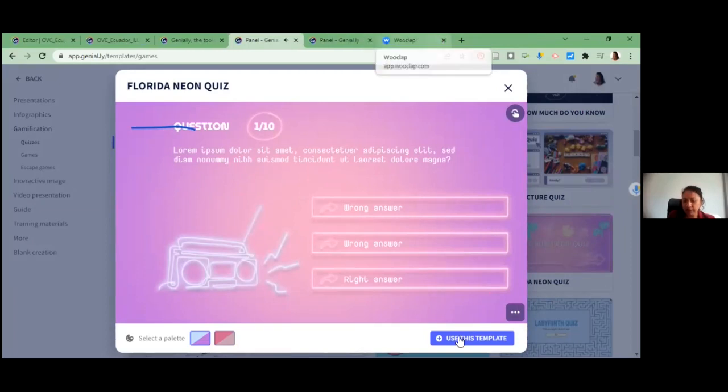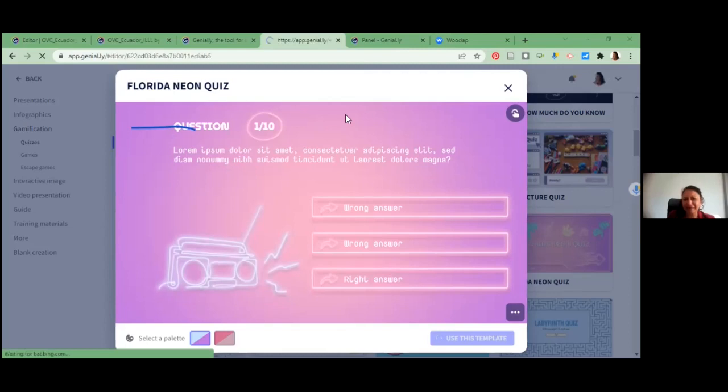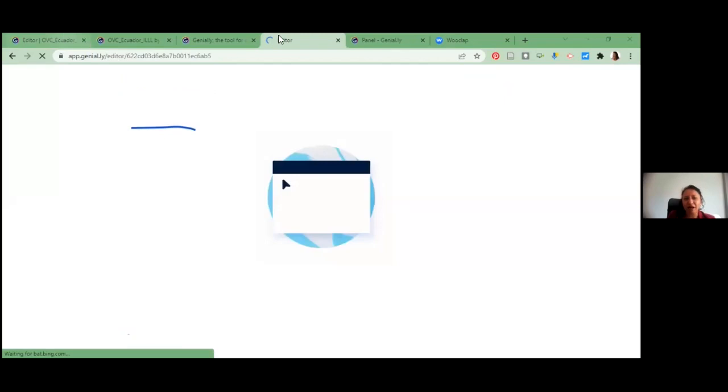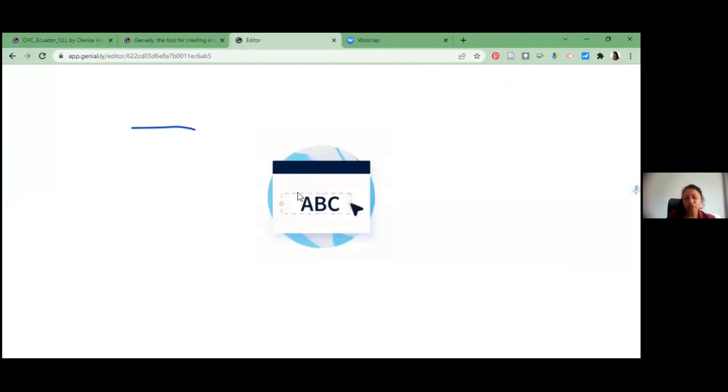So I use this template, okay? I click here, and you are doing this one. This is immediate. When you have a look here, you say, oh my goodness, yeah, that's right. You have to wait for a while, and give me a second about the editor that is here, okay? And I have to wait.